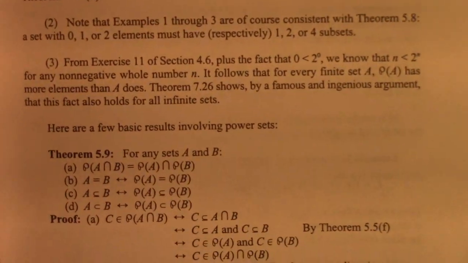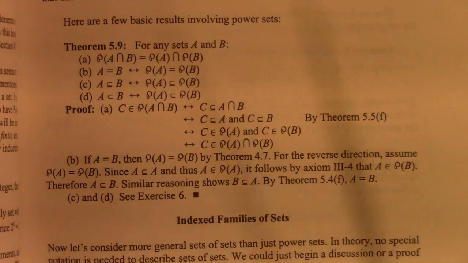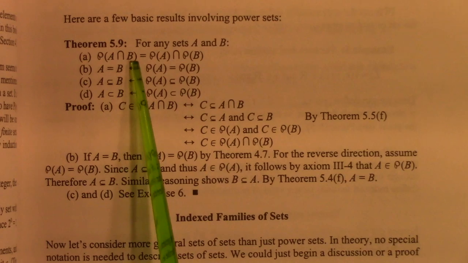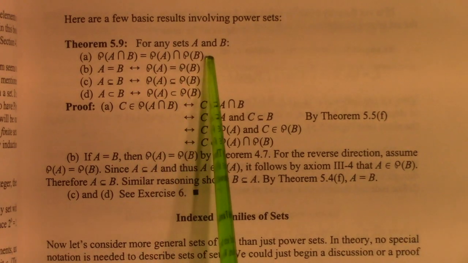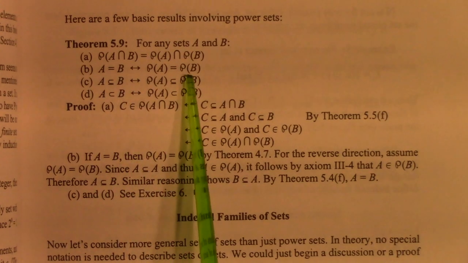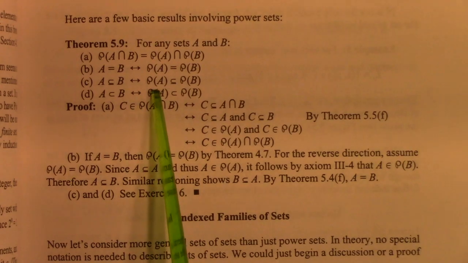He has a theorem for power sets. I don't think I have this in the notes. It's kind of interesting. This would be fun to work through, right? The power set of an intersection is the intersection of the power sets. A equals B if and only if the power set of A equals the power set of B. A is a subset of B if and only if the power set of A is a subset of the